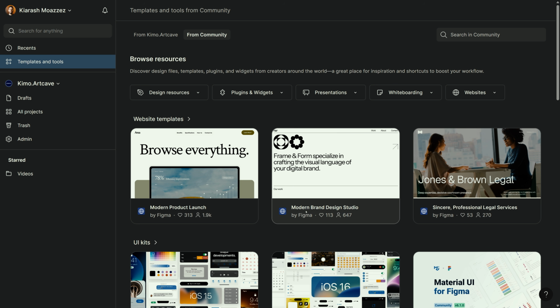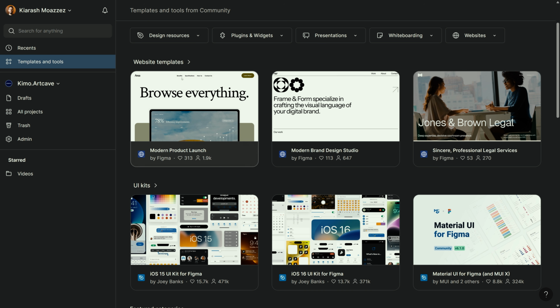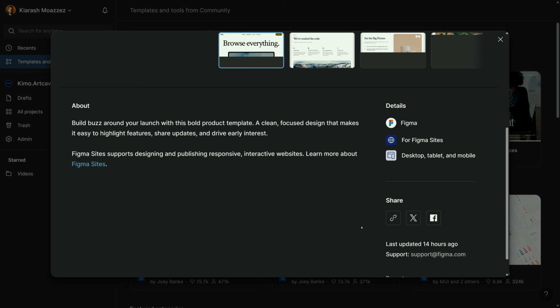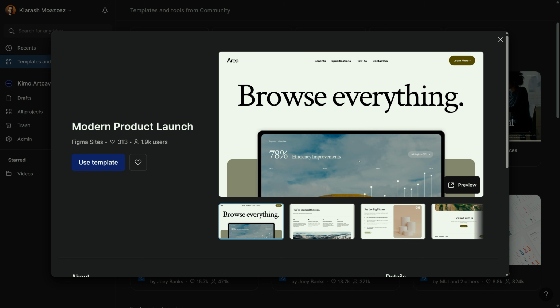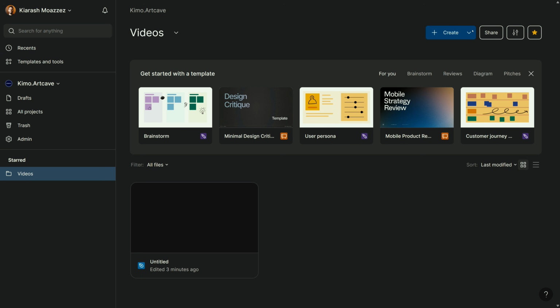But when you land in your community section, you immediately realize that, hey, we have these website templates, which are cool. And when you click on this and open this overlay, you see that this template is not for Figma Design, it's not for any other tools, it's for Figma Sites. And that's the first clue that, okay, we now have Figma Site within our Figma. The next thing that you most probably need to try